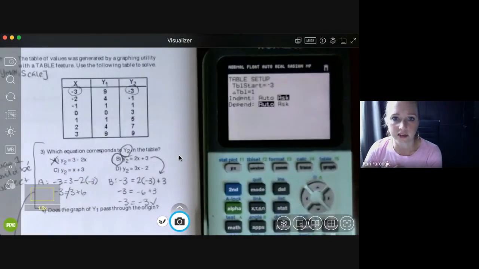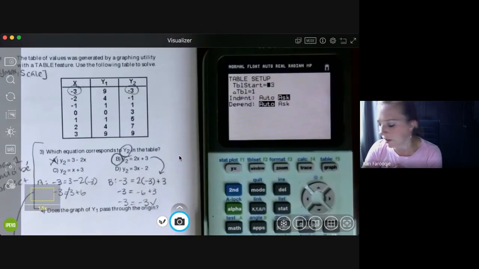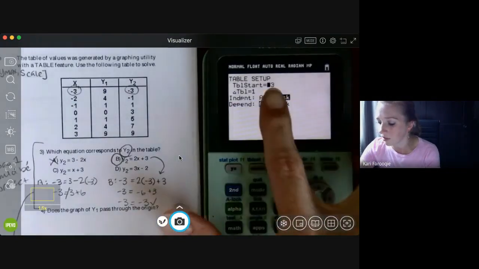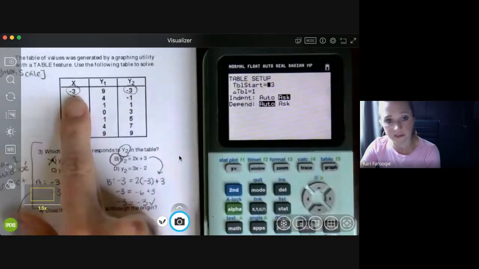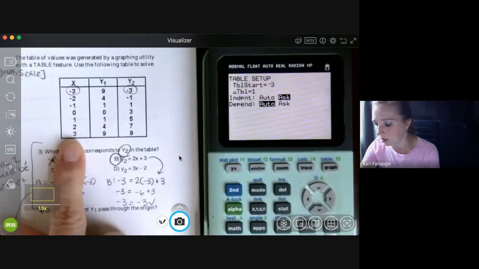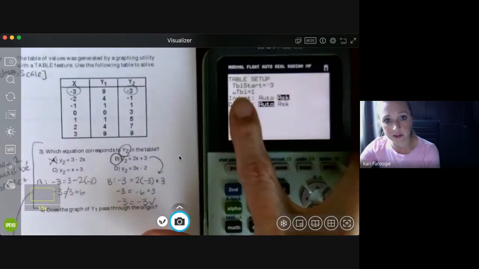Now mine is set to ask. Personally, I like it set to ask, but I'm going to set it to auto right now so that it will generate values that look like the ones that we have in the table. So I'm going to make it start, and I like how it's starting at -3 because that's where the table is starting here. I'm going to have it start at -3,